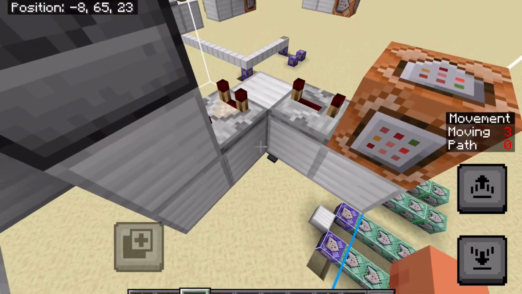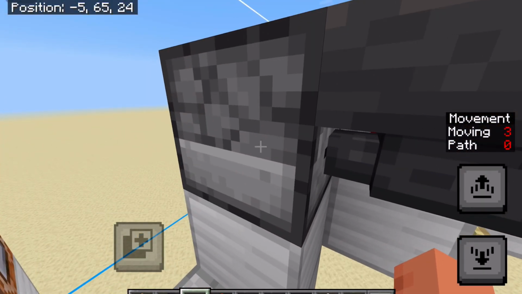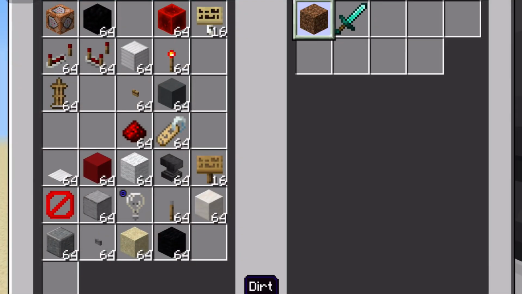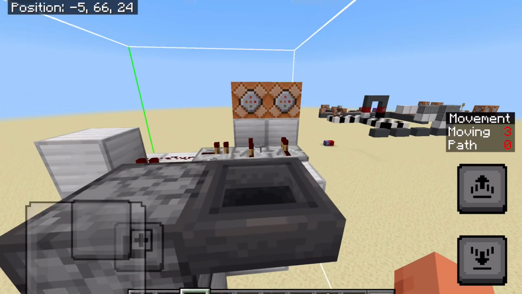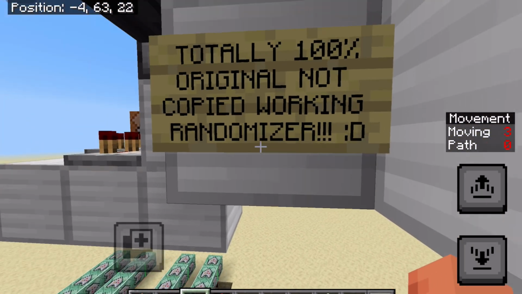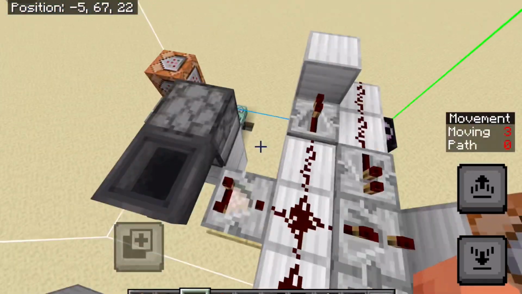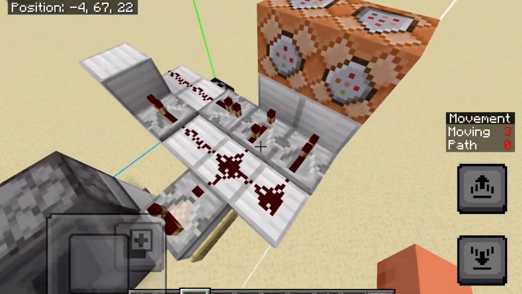This comparator then runs into a block, and this is a dropper that has a hopper facing it, and in the dropper there's dirt and a diamond sword. I won't explain the redstone thing. This isn't my creation, as you can see. But basically they have different redstone charge values, and based off of which one pops up in the dispenser, that'll